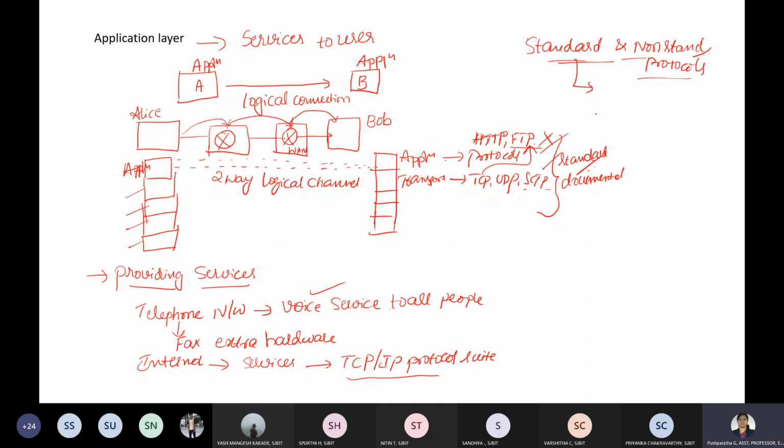Each standard protocol is a pair of computer programs that interact with the user and the transport layer,